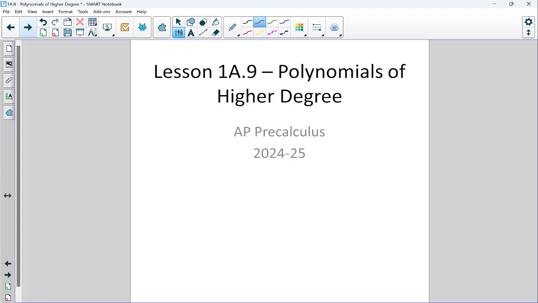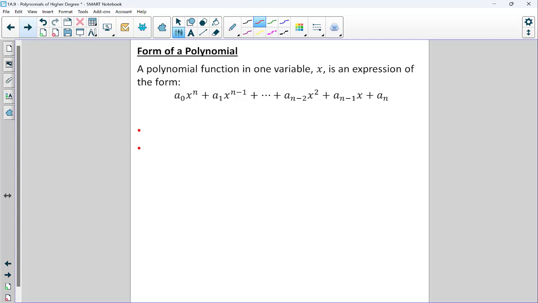All right, now that we've warmed up a little bit, let's go ahead and proceed back to our main lesson, polynomials of higher degree. Let's start with the basic structure of a polynomial. The form of a polynomial function in one variable x is an expression of the form a sub 0 x